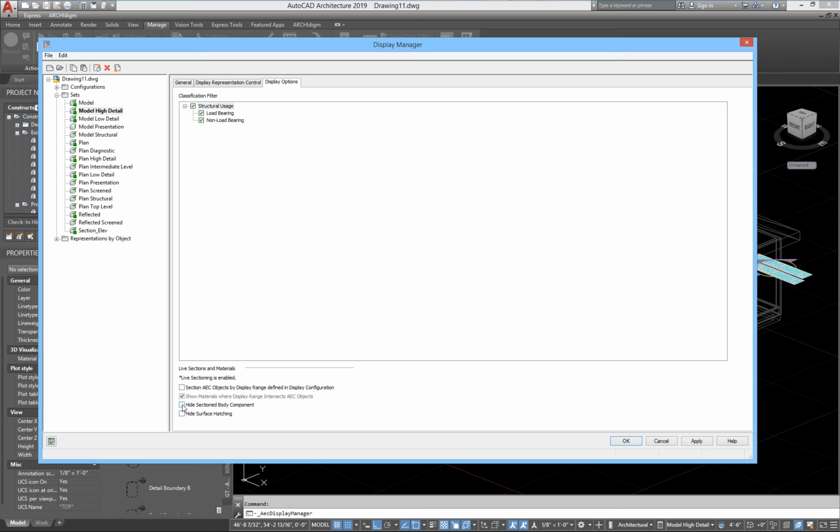I'm going to bring this back. I'm going to turn that off again. And now what I can do here is I can activate this. So it says section AZ blah, blah. You can read that yourself. So